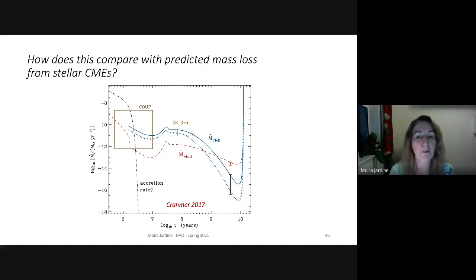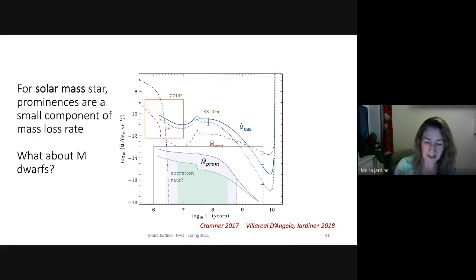The blue lines are mass loss rates predicted from CMEs from the sun. Again, in the present day, these can be constrained by in situ observations. As we go back in time, it becomes progressively more and more difficult to constrain these. So these are the masses that you might infer being lost in coronal mass ejections. So how does that compare with the rate at which we believe young suns would be losing mass in their prominences? Well, I quite literally did a cut and paste